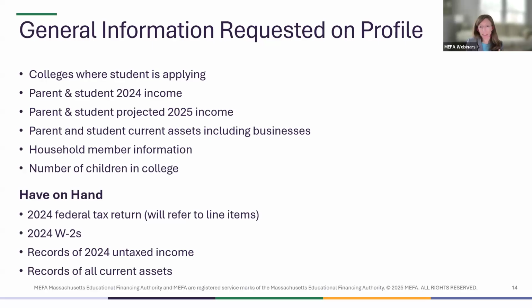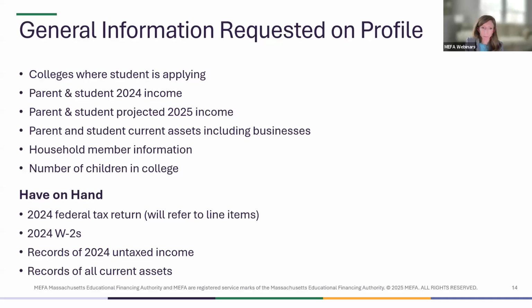That's the income information that you're going to list. The FAFSA has this phenomenal tool where they just pull in your income information from the IRS automatically. Unfortunately, the profile does not have that. So you're going to have to pull up your 2024 tax return for the student and the parent. The questions are going to help you out. They're going to ask you to reference specific lines on your tax return, but you are going to have to actually pull out your tax return and look at each line, get the information,